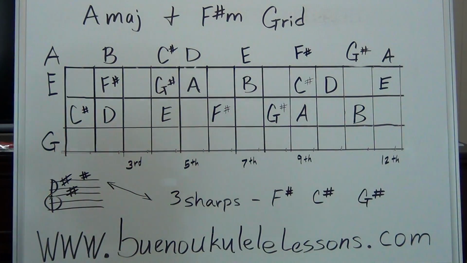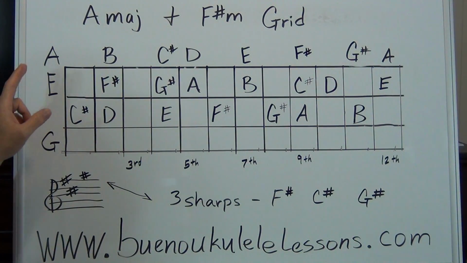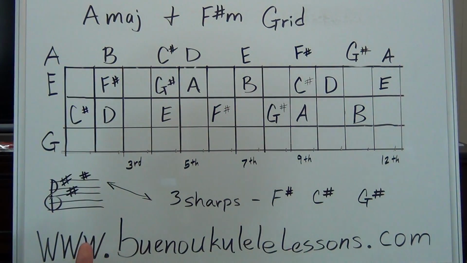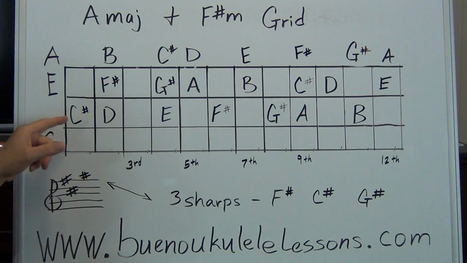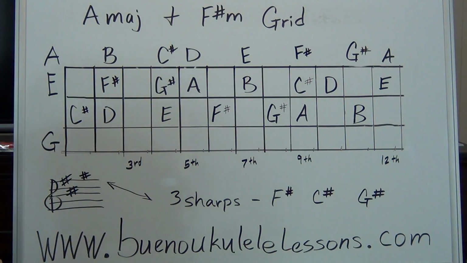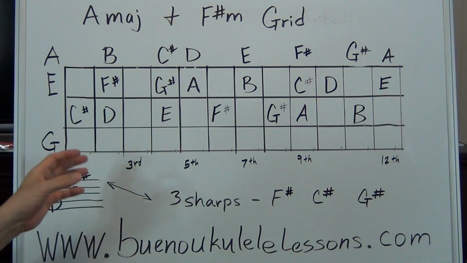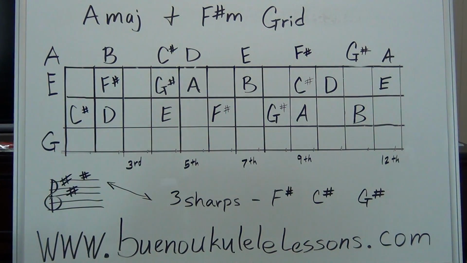So by understanding, I'll give you an example. If you're playing an A chord, the A chord is made up of 3 notes: A, C sharp, and E. So if you start off your melodic lead line with any one of those 3 notes, A, C sharp, and E, it's going to sound very strong, it's going to sound very in the tonality of A major. And so if you can start with it, you can end with it, you can pass through it, okay? Those are some ideas, and if you want to understand more about chord construction,